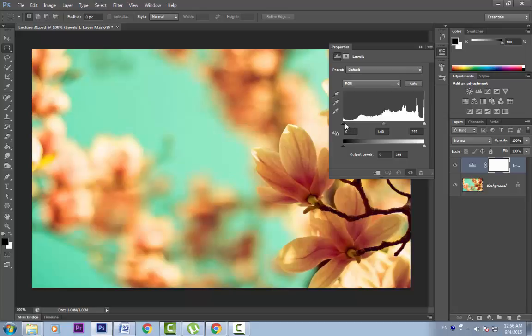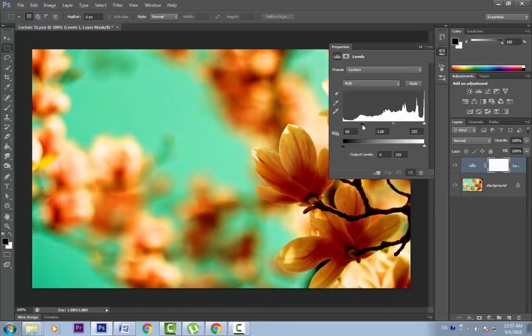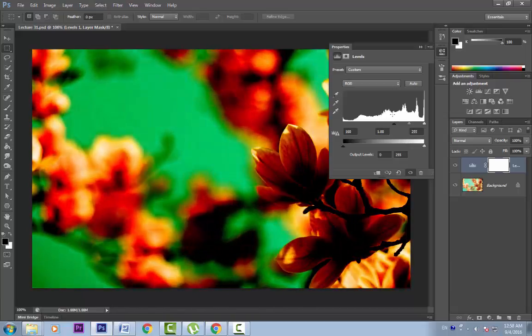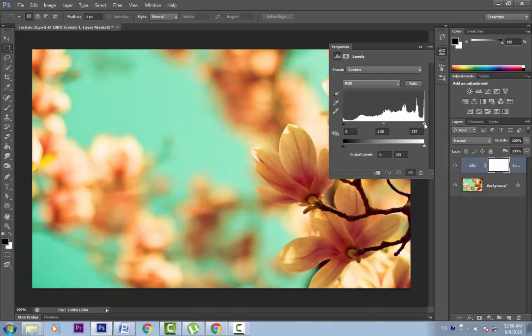With the levels adjustment, we can play with these different sliders to adjust the brightness and contrast of our image. Let's say we want our image to be a bit darker overall. So grab this dark slider and pull it. It means that we are telling Photoshop to consider these pixels as totally black. As we push the slider more, we are pushing more and more pixels towards the darker side. I'll pull it back.